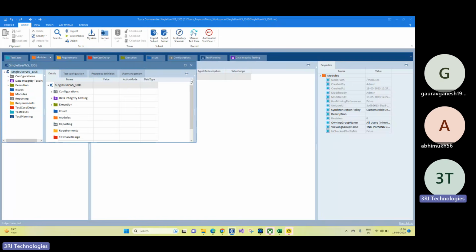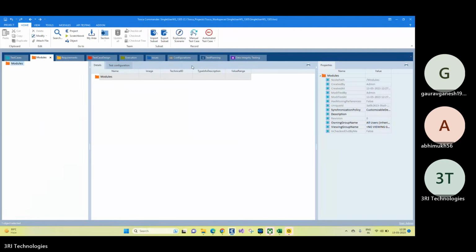So this is your single user workspace, and these options are disabled just because it is not a multi-user workspace. It is very much similar to our version controlling that we do when we use GitHub or Git, when we want to push our code and pull our code or scripts. Since it is a single user workspace, there is no point in having these options enabled. You're not pushing your code or script, and you're not pulling any updated script. You're the only one using this workspace. Any questions on this part?